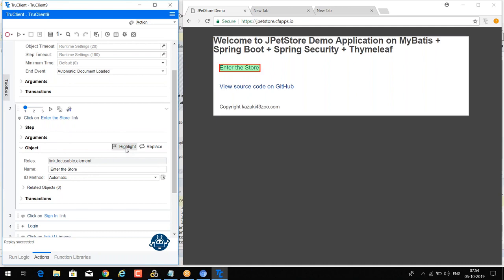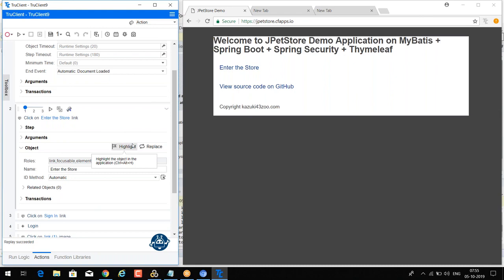Here we can see it is highlighting the correct object, enter the store. Somehow the object is changed. It is interacting at the browser level, meaning the front view. So if there is any change, then at that time the script will fail. If the script fails, then we have to first ensure whether the object ID remains the same or changed.